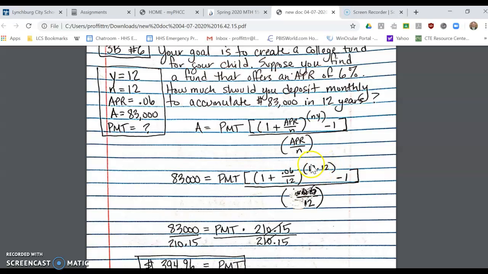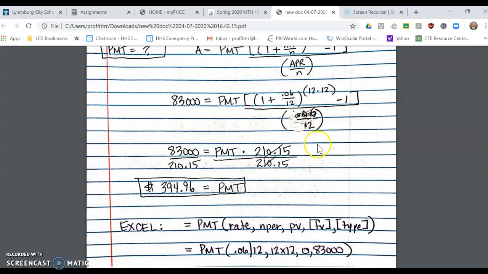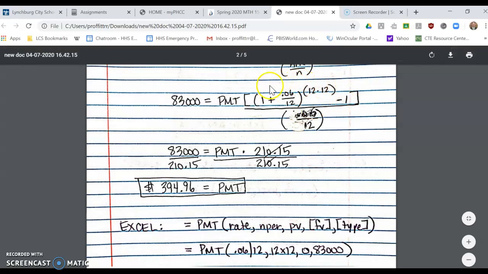So that's 144 there. And then subtract 1, and that closes out the numerator, divided by, and sorry, I had to use whiteout on this, it's the APR divided by N. So it's 0.06 divided by 12 in the denominator. Now, when you type this in your calculator, when you type in this part right here, be careful with your parentheses. You should get $210.15. So you'll have 83,000 equals the payment times